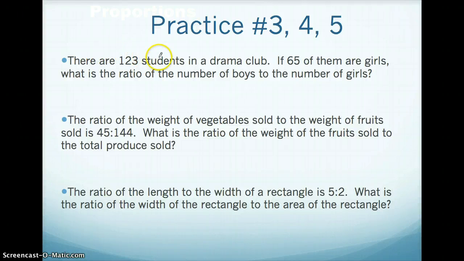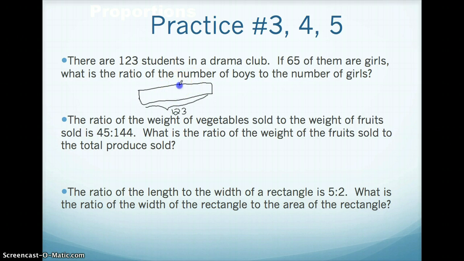There are 123 students in a drama club. If 65 of them are girls, what is the ratio of the number of boys to the number of girls? Well, we know how to solve this problem. We do a bar model, right? And if this whole thing is 123, because that's all of them,